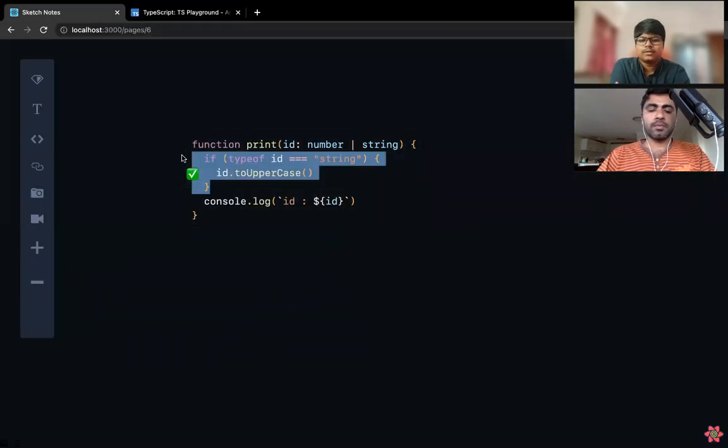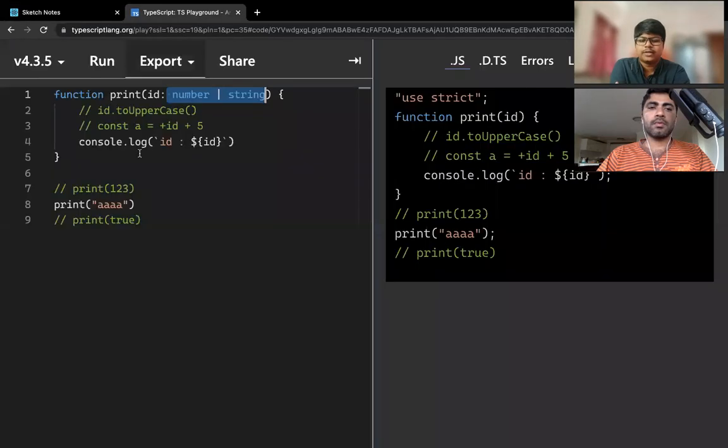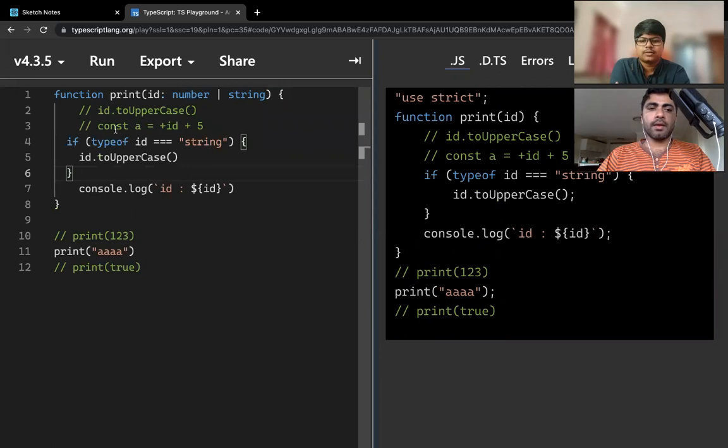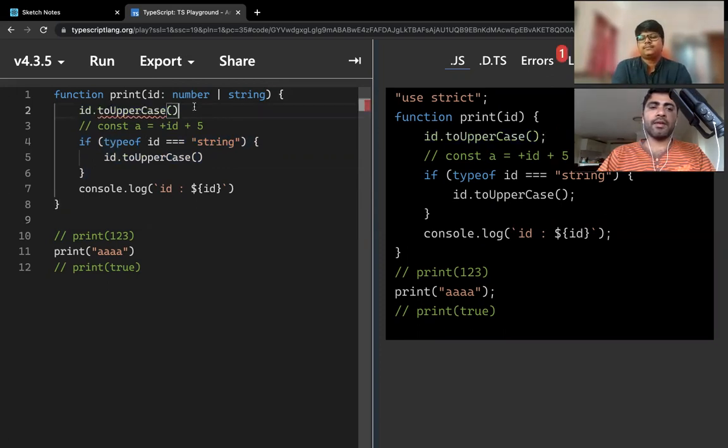So this time the compiler will not complain that it is not available, because it is doing the check. So in this case, it is not complaining. But here, if you do that, it is complaining. So if you wrap it within this if block, it is not complaining. Got it. Okay. So this pipe symbol is used for it.